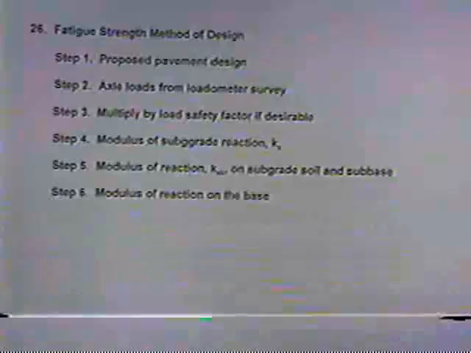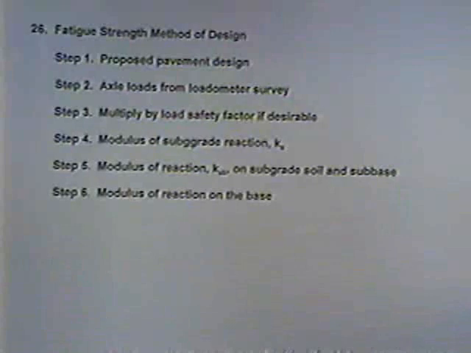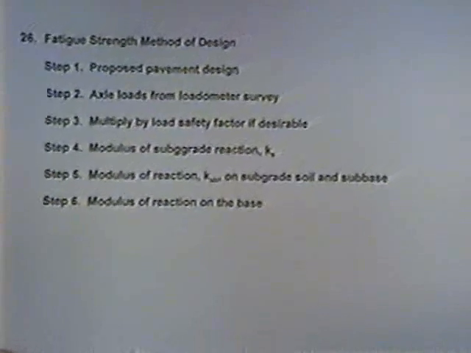Okay. Second method of rigid pavement design is called the fatigue strength method of design. Same series of steps. I'm not really going to go through all of them because we're beginning to run out of time, but this proposed pavement design in step 1 here, you might just make a note that what you're doing there is to pick the materials that you're going to use and the thickness of those materials. You'll notice there's a factor of safety that's built into this one in step 3, and some other things as well. In your reference manual, there's a series of nomographs that you use in this particular procedure,